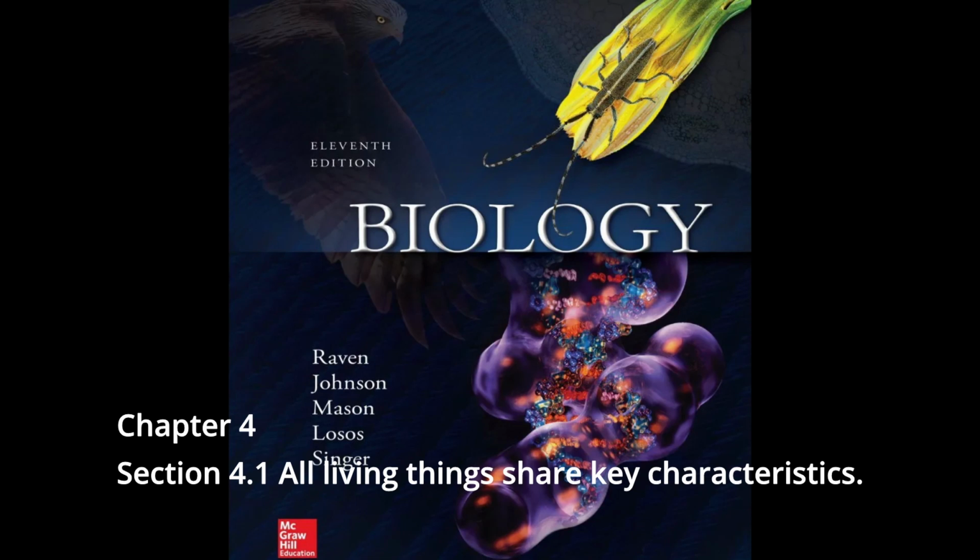Development. Multicellular organisms undergo systematic gene-directed changes as they grow and mature. Reproduction. All living things reproduce, passing on traits from one generation to the next. Although some organisms live for a very long time, no organism lives forever, as far as we know. Because all organisms die, ongoing life is impossible without reproduction. Regulation. All organisms have regulatory mechanisms that coordinate internal processes. Homeostasis. All living things maintain relatively constant internal